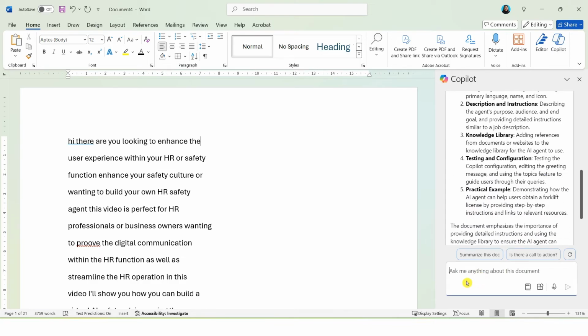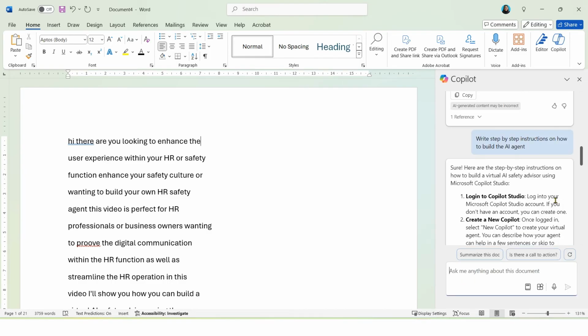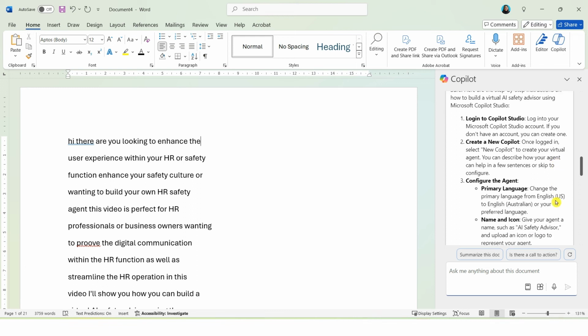Next, I'm going to ask Copilot to write step-by-step instructions. And based on the transcript of the video, Copilot has come back with step-by-step instructions on how to build the